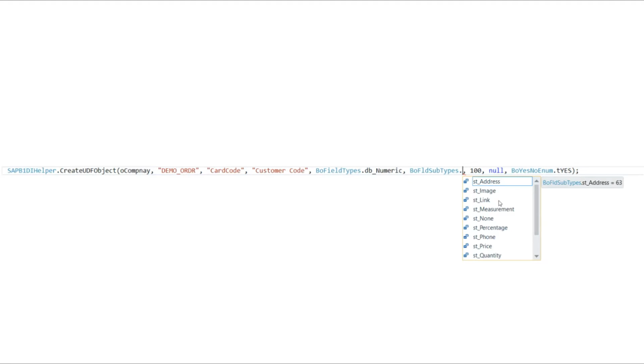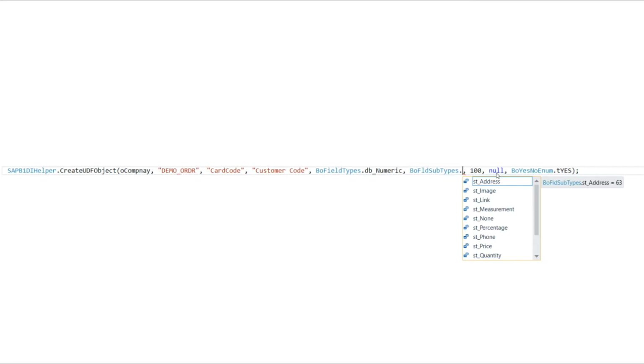Through these you can select one of them accordingly, and the eighth parameter is the default value. The size of the UDF you can pass from here. If you have an alphanumeric type of field, you can pass a maximum value of 254, and the second last one is null.